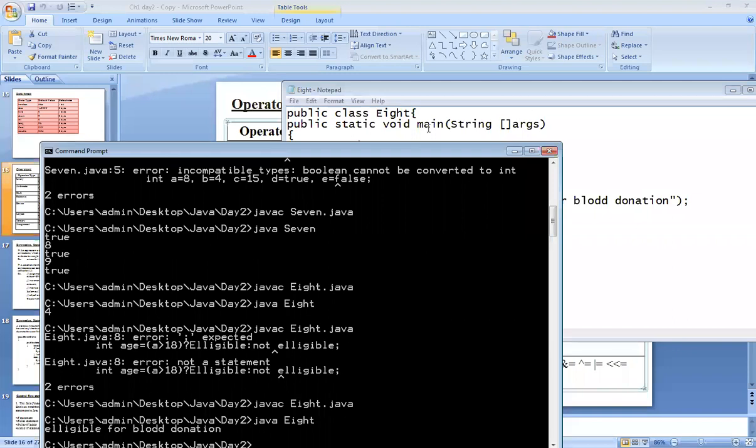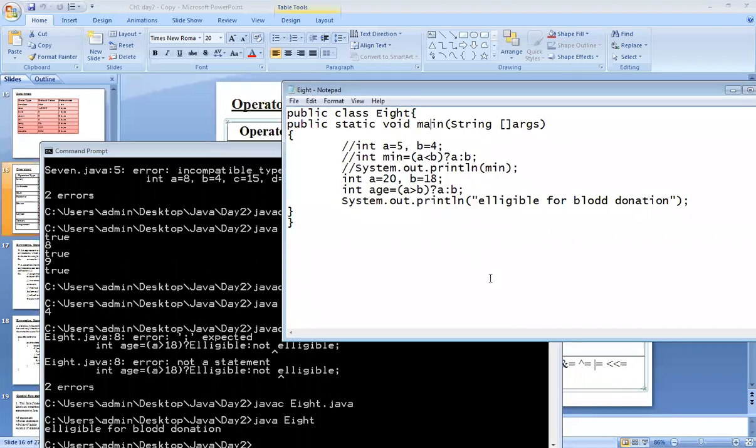Okay, because we have written age as 20, that's why it's eligible for blood donation. Understood? That is how we have written it with the help of a ternary operator. You can use if else, but with the ternary operator you can write it within a single sentence. Okay.